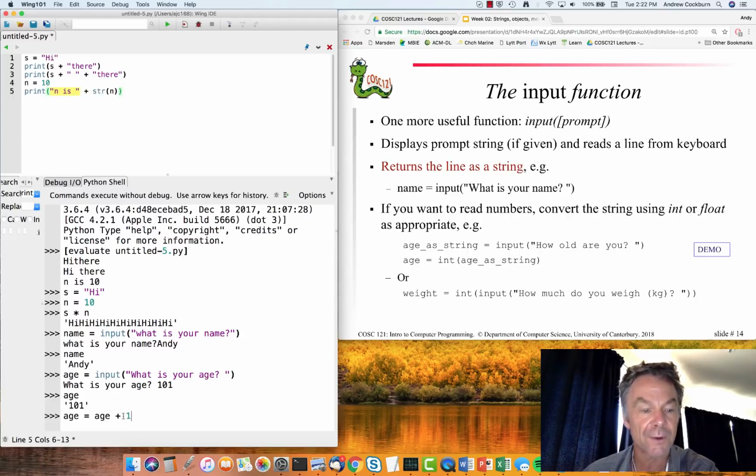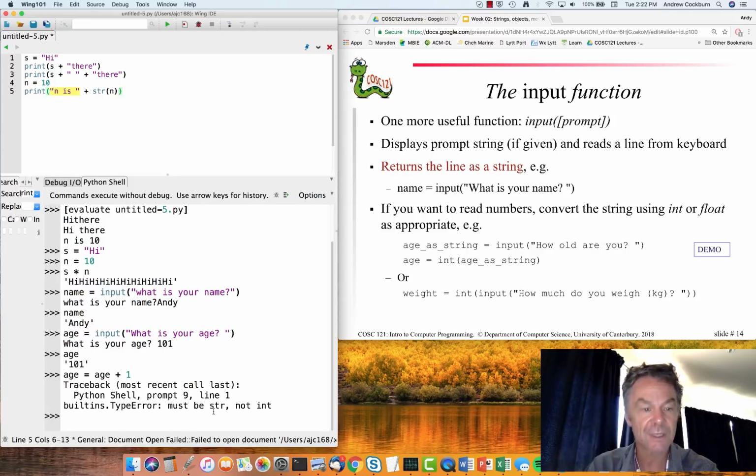If you remember, the rules for the plus operator is both things must be numeric when you're adding two numbers together, or both things must be strings to concatenate them. So this again is going to be a syntax error because I'm trying to combine with plus a string and an int. So instead, what I'd need to do is say age equals the int of age,